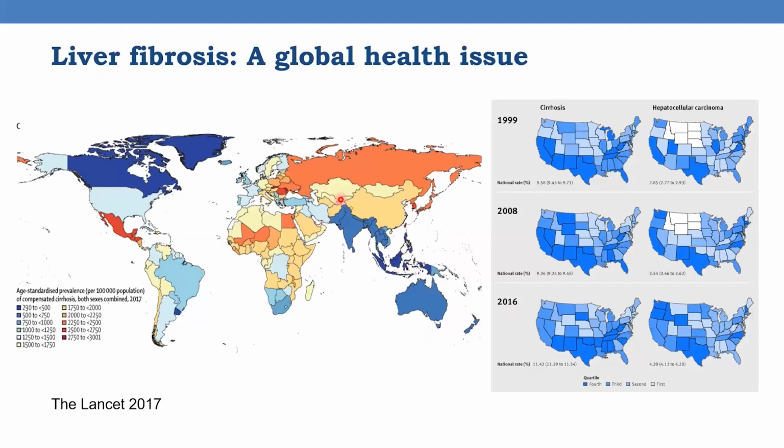Liver fibrosis is a global health issue. There are countries around the world with very high prevalence of liver fibrosis and cirrhosis. As we can see on this map, countries in red and dark orange have more than 2,500 per 100,000 population in prevalence, which is pretty high in comparison to the United States. However, as we can see in the map on the right side,